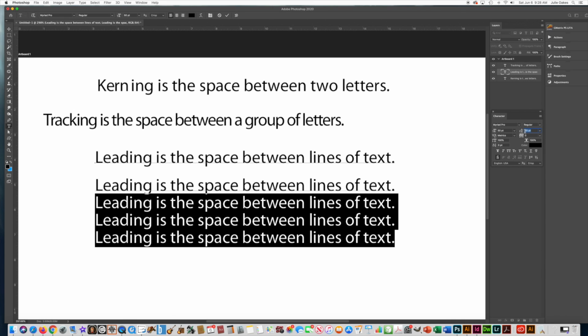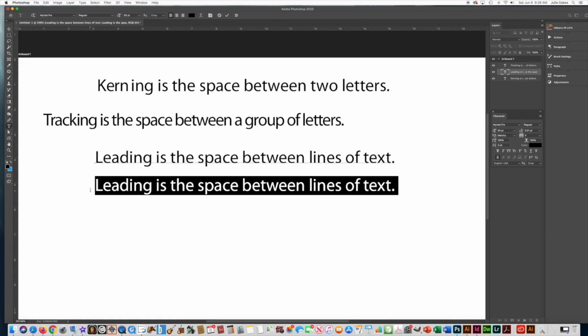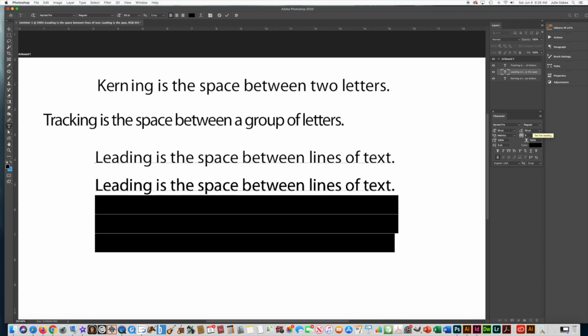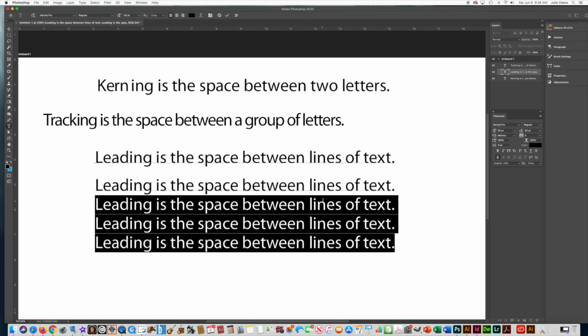If you make it 0, they would be on top of each other. See, that's almost 0, and then they're on top of each other, so you don't even know that they're there. So obviously you want a bigger number than whatever size type that you're using, or at least a number close. Let's say 55. Now you can see that made them spaced how I want. So I'm going to click the check mark,